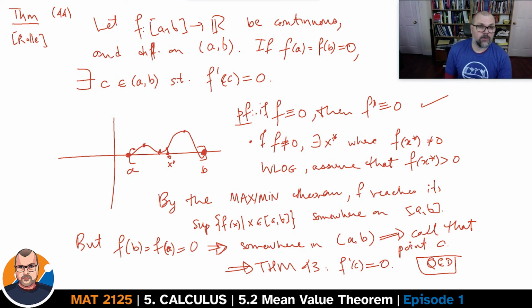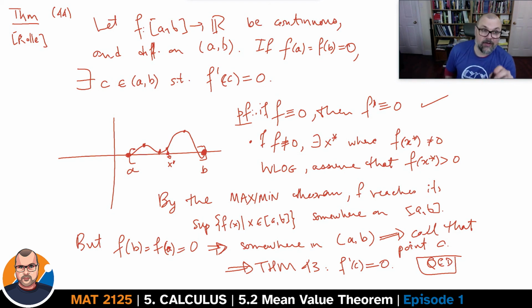If the function was identically 0, the derivative was identically 0 as well, and we've proven the theorem. If the function was not identically 0, there is some point in the interval which cannot be the point A or the point B where the function is not equal to 0. It can't be A and B because by assumption the function is 0 at A and B. Whether the function is positive at that point or negative at that point is irrelevant. The same proof will work, but as soon as you know that one of the values of the function is not equal to 0,